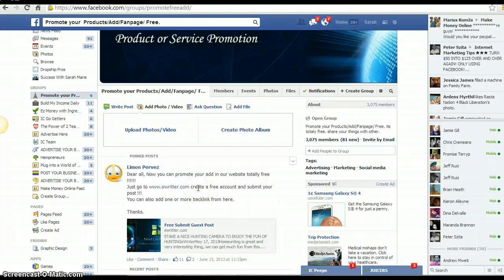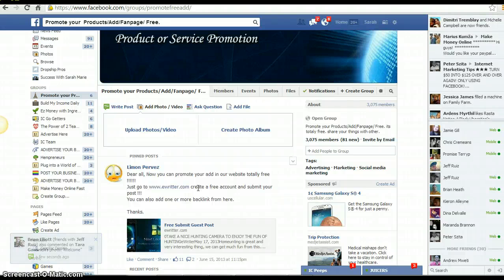Now you can imagine, even with the 200 something groups that I'm in right now, it would take a lot of time to go through and do this once a day. So there are programs, software that you can get to auto post to your Facebook groups. What I had done was try out quite a few of these programs, and I kept running into the same problem: I'm part of a lot of groups,